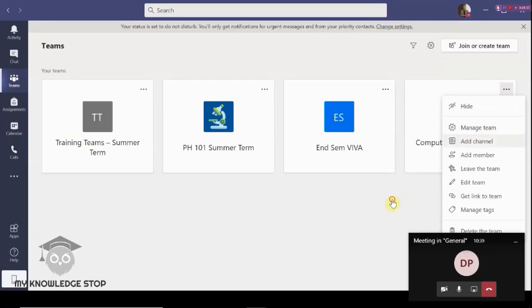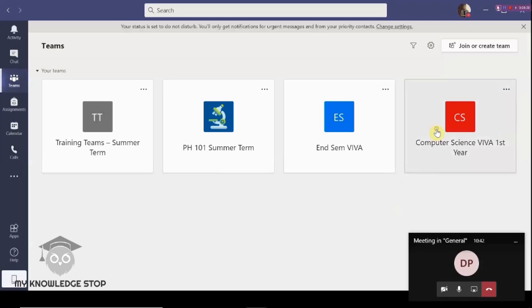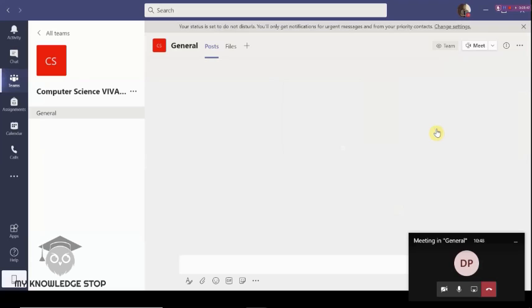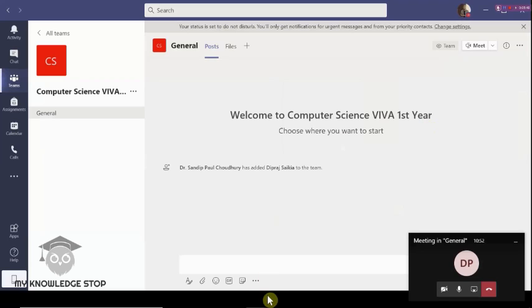This is one option. Otherwise, it's better to always go inside and do it, because once we click on that particular team, we are working only on that team. So there is no confusion. It's always better to do it from here. Whatever the update is will be posted here.